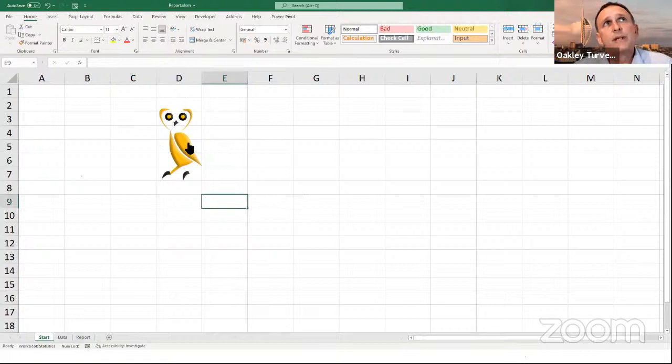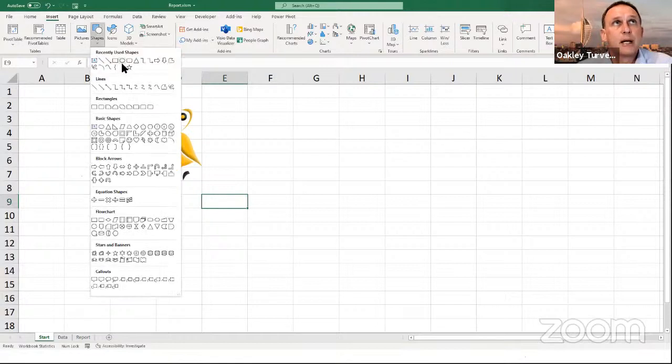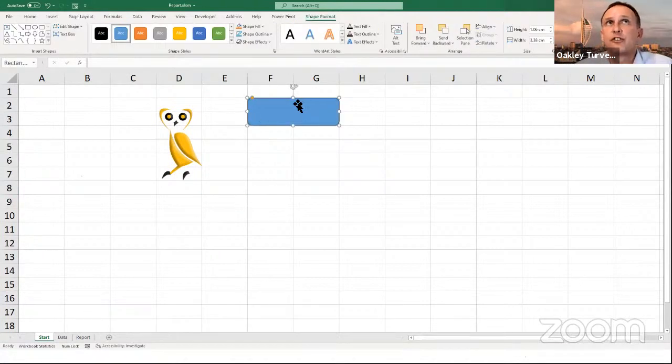Now, the other way of doing this is a different type of object, which is just a button. So we could go to Insert and Shapes, and I'm going to use that one because I always use it. It's a rounded corner rectangle. I'm holding down Alt as I drag, and that fits it to the cell sizes. As soon as I've finished drawing the shape, so this is going to be my one that selects data.